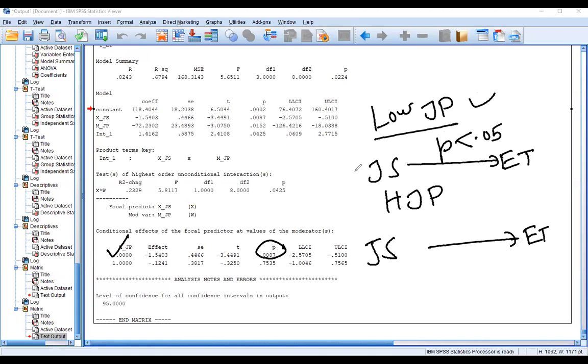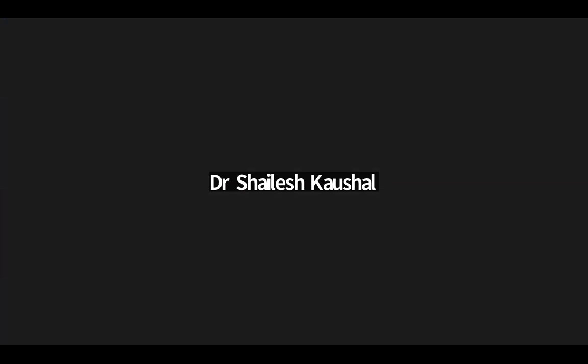Low job performers are highly dissatisfied and they quickly leave the organization. Employee turnover is high only for low job performers. Whether it is correct for high job performers or not, you can see it is not significant. It means high job performers are more satisfied, that is why they less leave the job. Okay, so this is the small concept of the